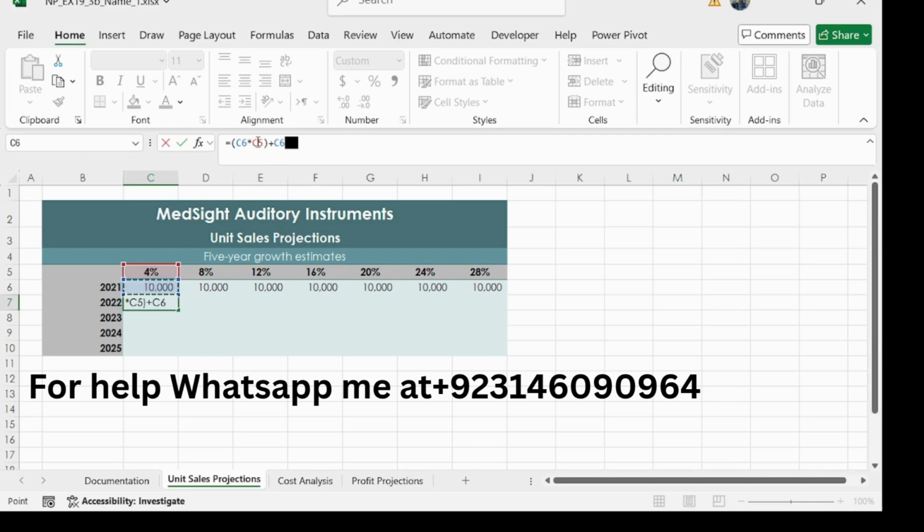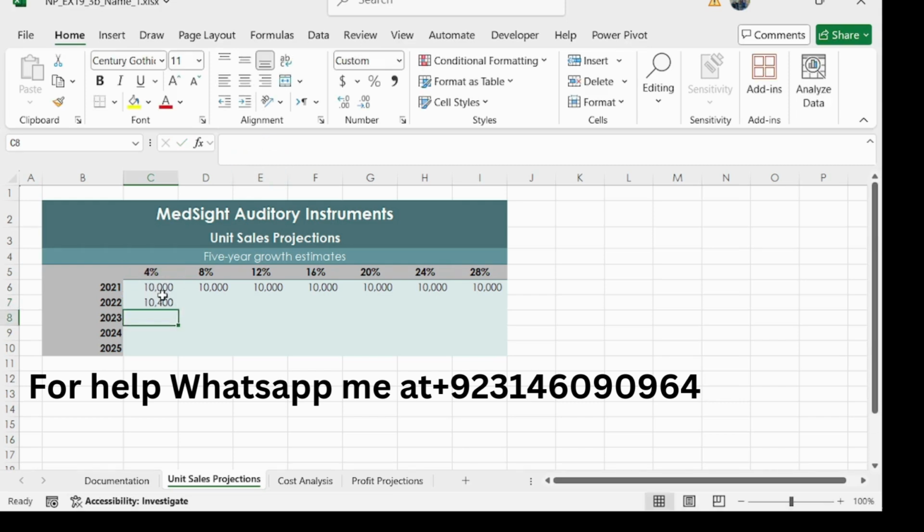So in cell C5, type a dollar sign for absolute reference, and then press enter.